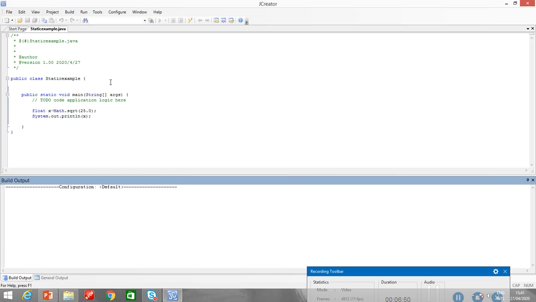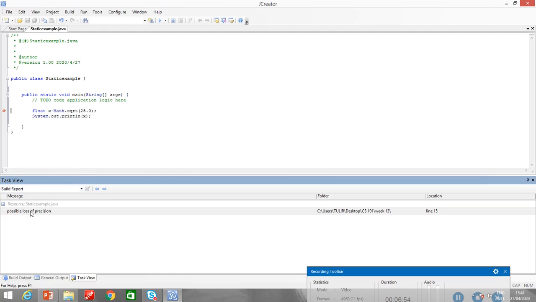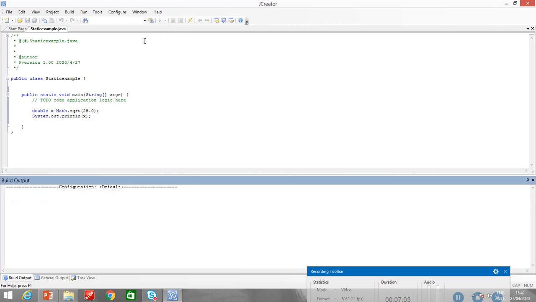Let me just show you also something. Okay, double. Alright. So if you see over here, this method sqrt, I am calling the square root method just by writing the math class.